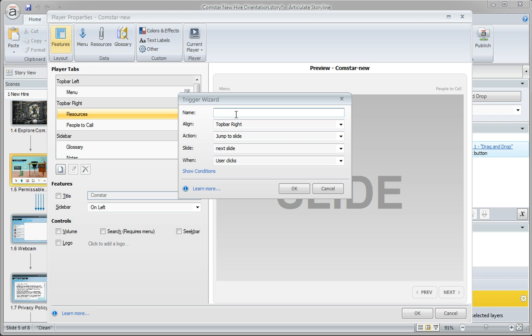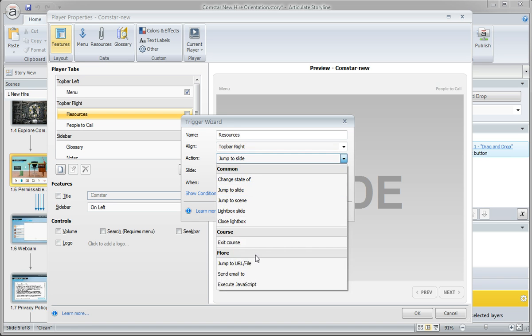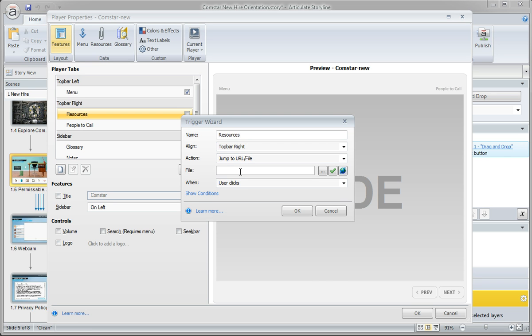Here it is, and let's call it resources. So we're using really the same type of tab, only we're creating a custom one. We can move it to the left or to the right. You can control that. But what we want to do is just jump to a URL. So now we can add our hyperlink